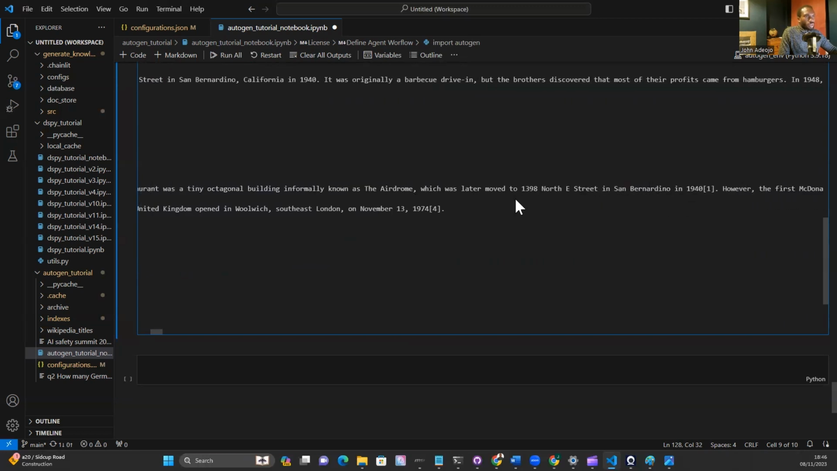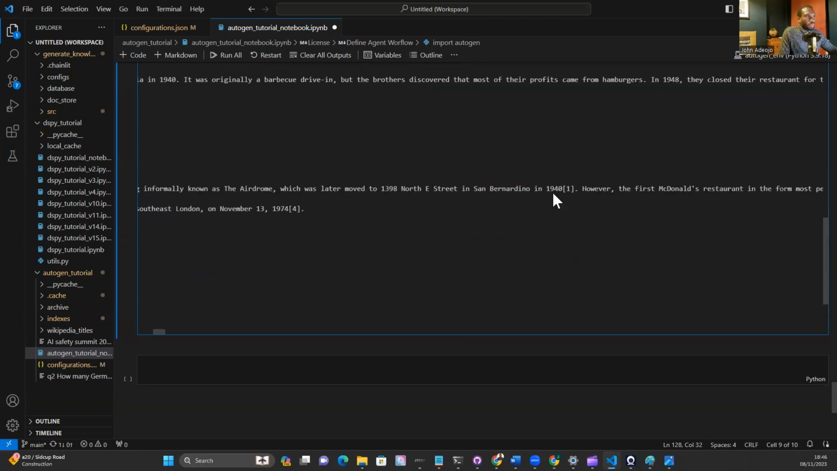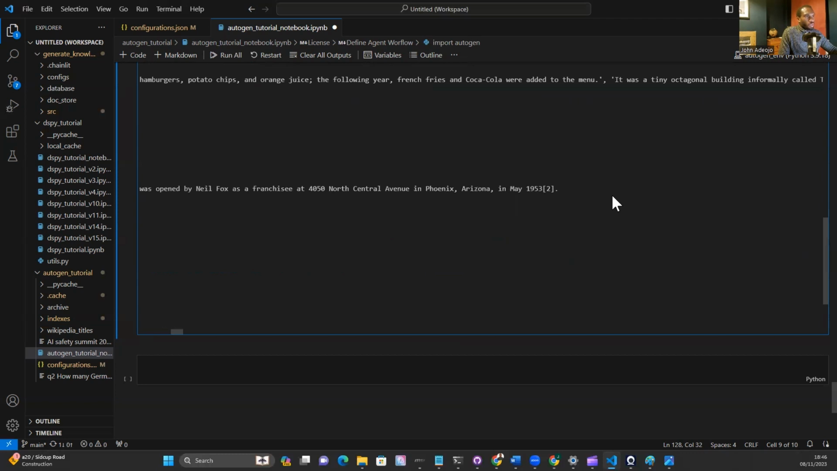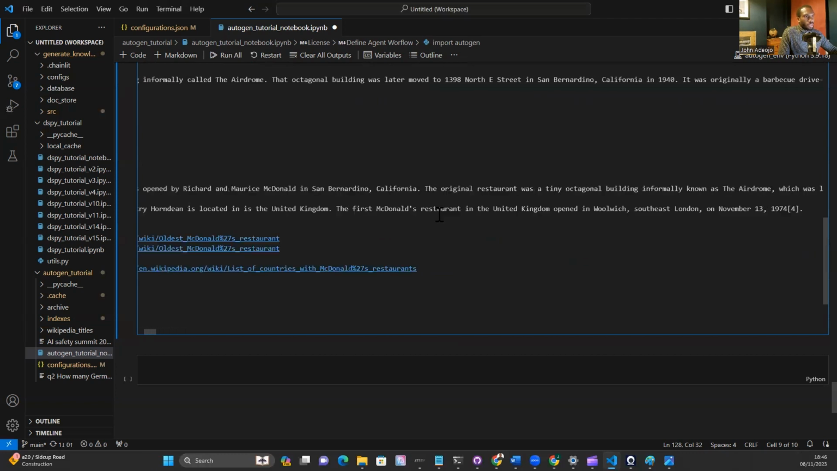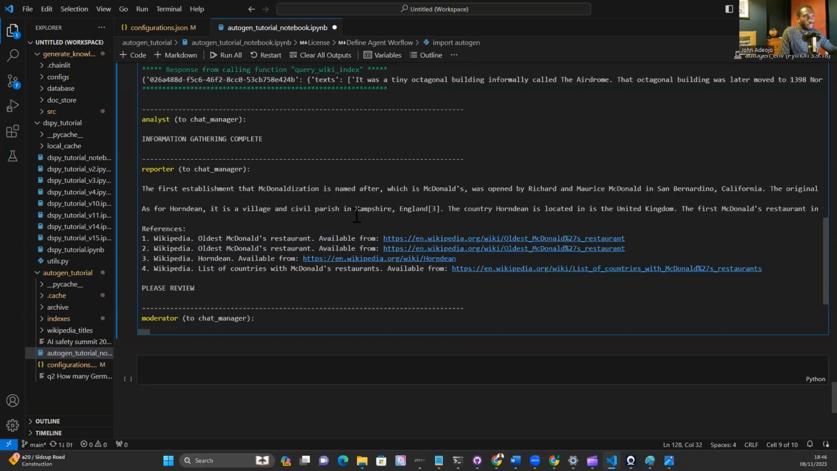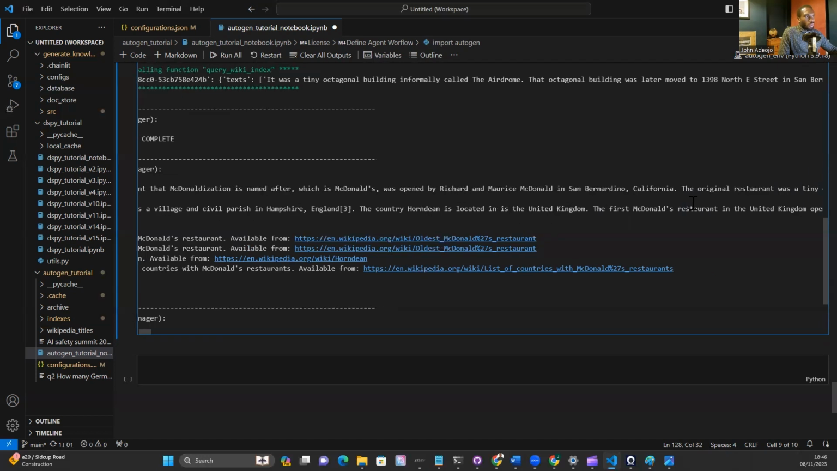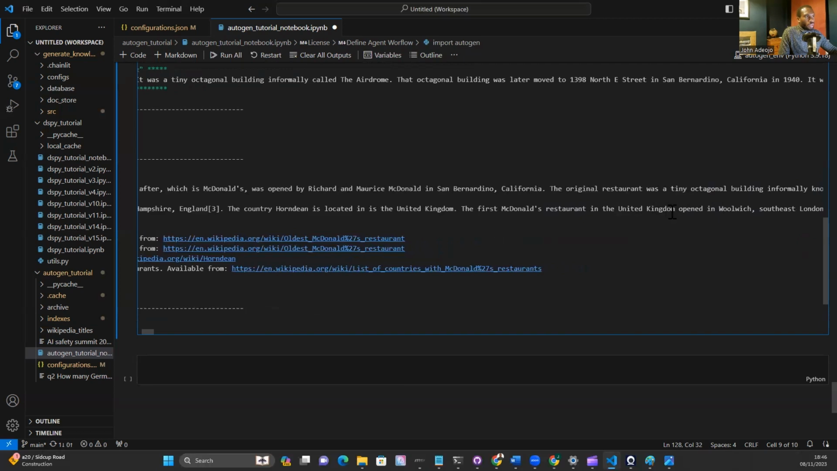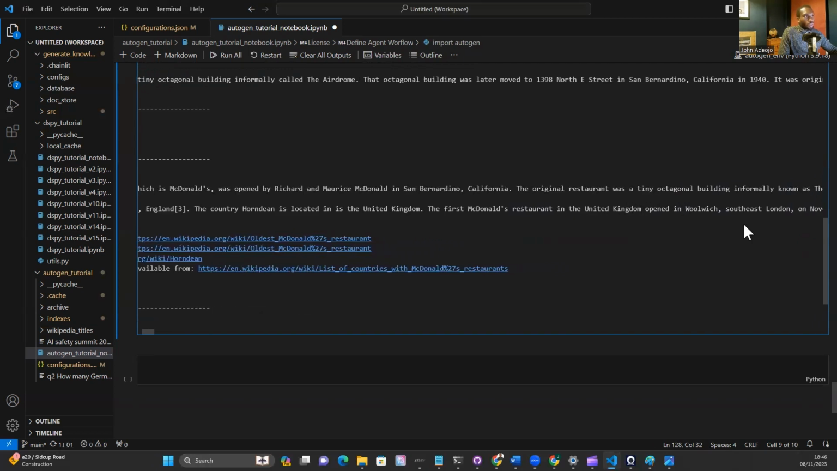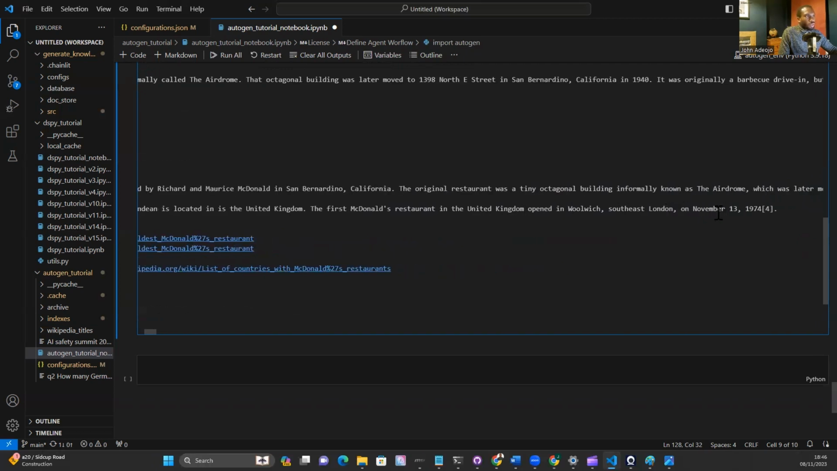However, the first McDonald's restaurant was simplified assembly principles. This is quite long, 19. Right. As for Horndean, it's a village, civil parish of Hampshire. Horndean is located in the United Kingdom, and the first restaurant in the United Kingdom opened in Woolwich, southeast London,